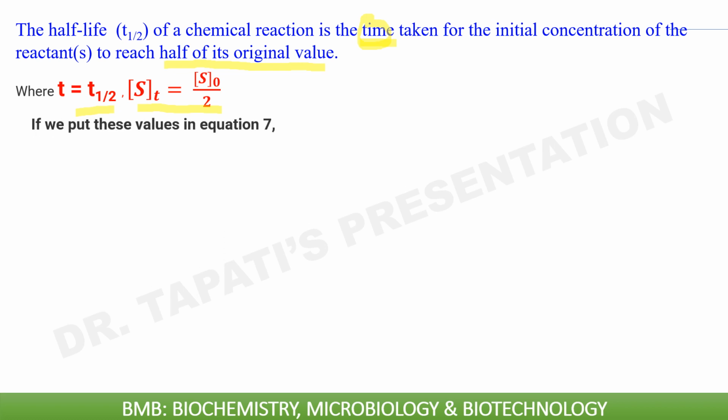If we put these values in equation 7, that is St equal to S0 into e to the power minus kt, we get S0 divided by 2 equal to S0 e to the power minus k t half, or e to the power minus k t half is equal to half,